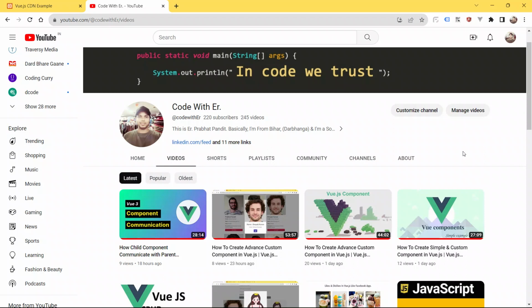Now let's get started and learn a very important, crucial topic in Vue.js, which is what is a props and how to define a props in Vue.js, and how parent and child components use that props to communicate between each other, and how the parent component passes data by using props to its child component. Okay, so let me go to the code editor first.